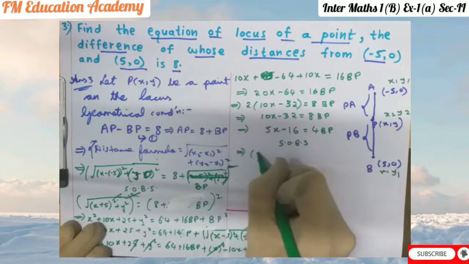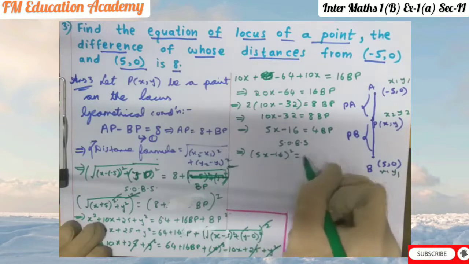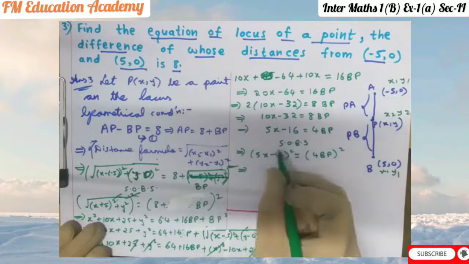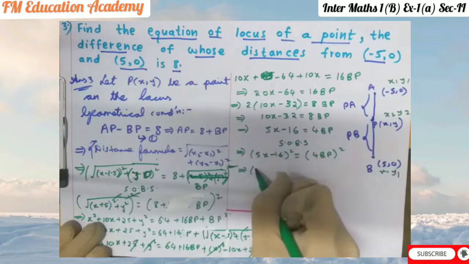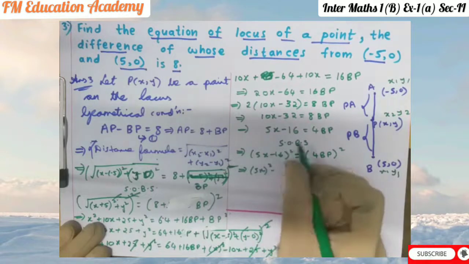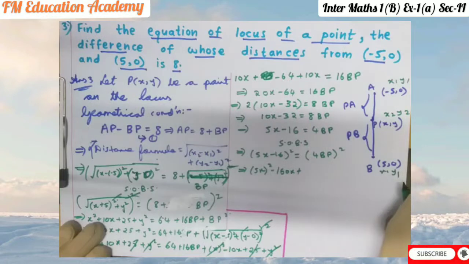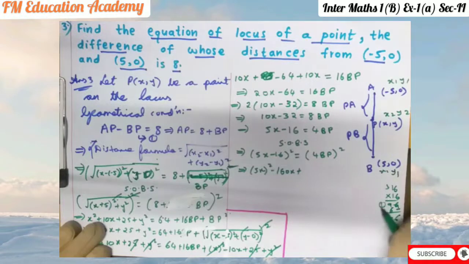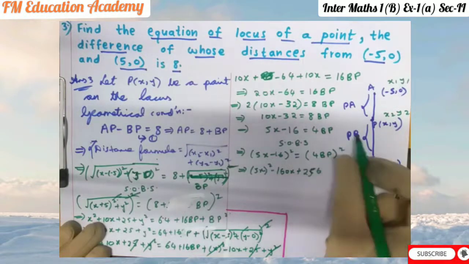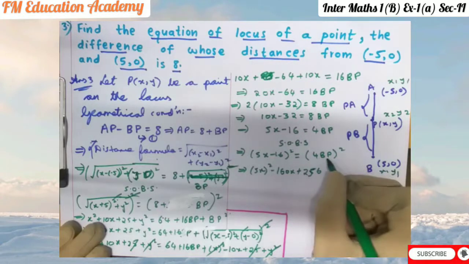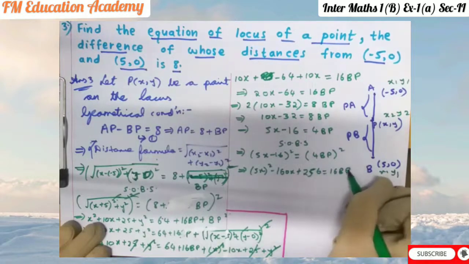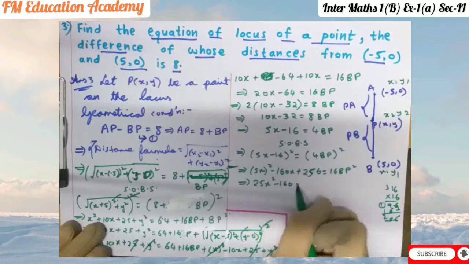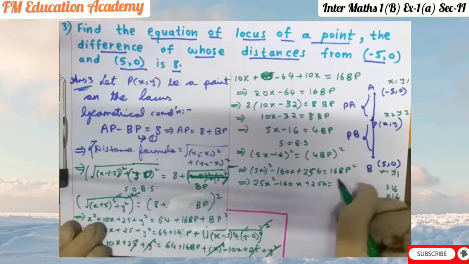See, I'll show you. (5x minus 16) whole square, when we square it on both sides, (4 BP) whole square. Now it is in the form of (a minus b) whole square. What is (a minus b) whole square? a square minus 2ab: 2 5s are 10, 10 16s are 160x, plus 16 square is 256, is equal to, now this square belongs to 4 as well as this square belongs to BP. So 4 square is 16 into BP square. Now 5 5s are 25x square minus 160x plus 256 is equal to 16 into